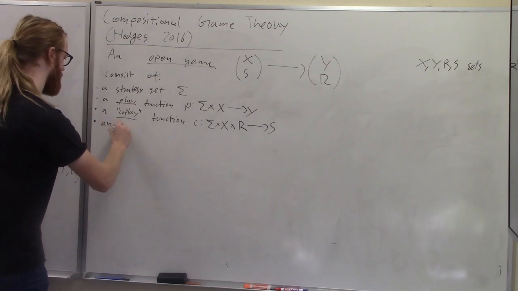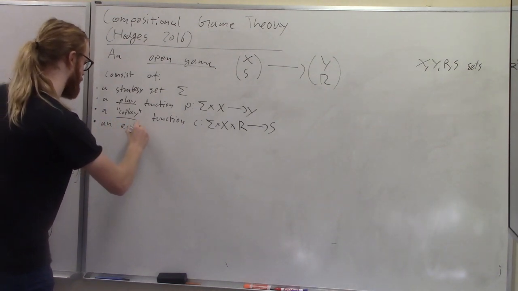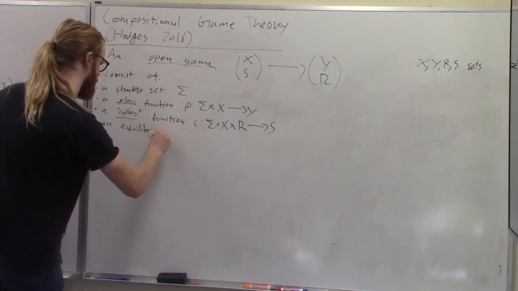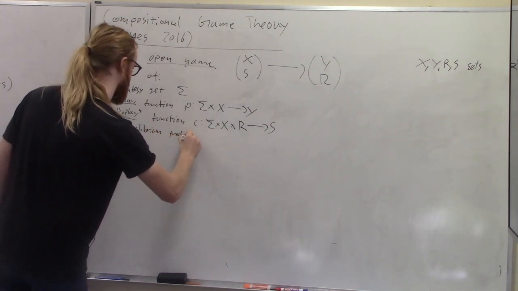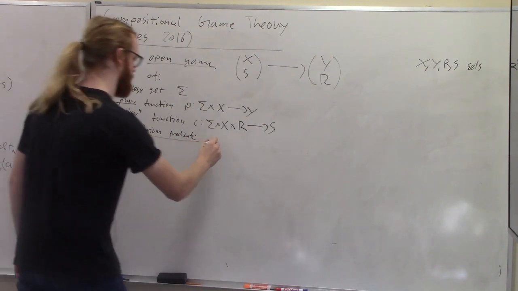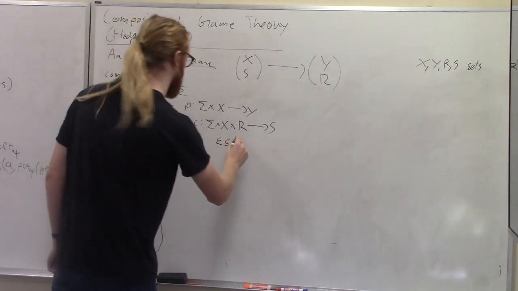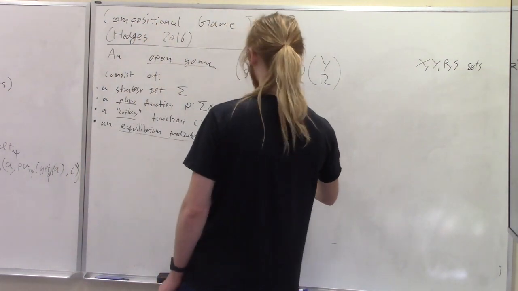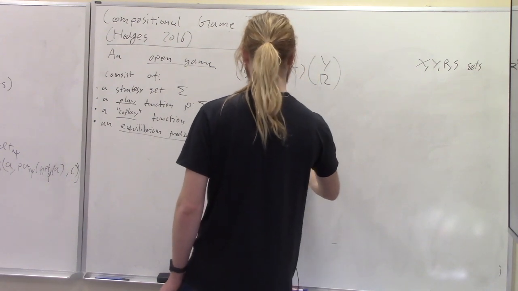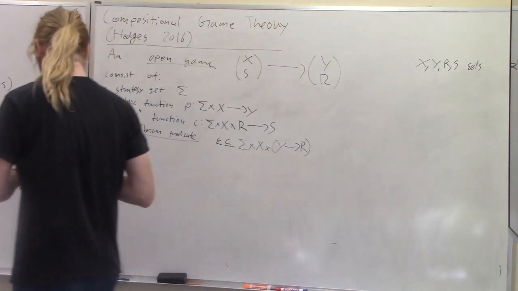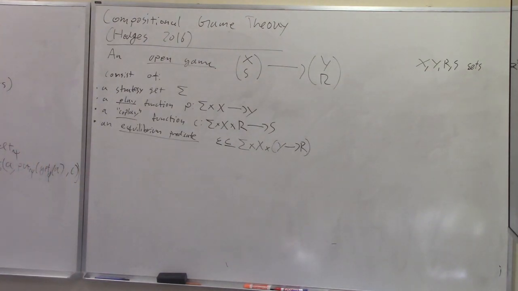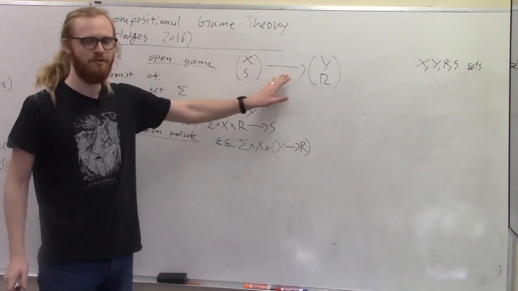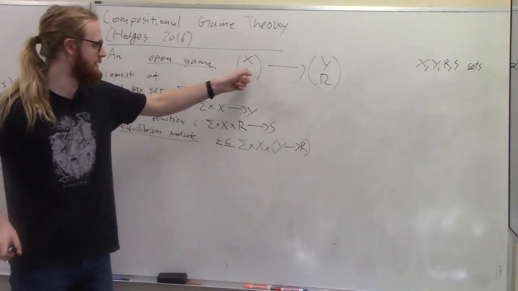So an equilibrium relation, or an equilibrium predicate, which is like epsilon, and this is a subset of sigma times x times, and then let me write this, the set of functions from y to r. Okay, so let me try to unpack this definition a little bit. You can think of an open game as describing an agent that is interacting with the world